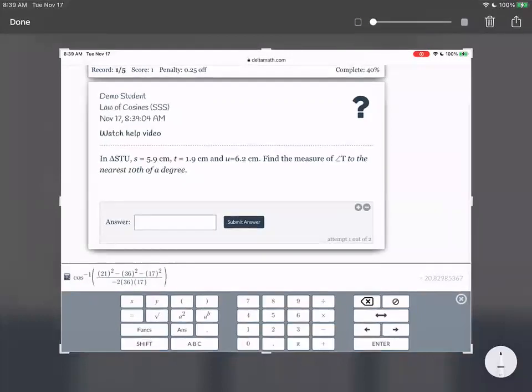Okay, so instead of rewriting that entire series of equations on the top this time, I'm just going to write the final equation that we would use. So C is equal to cosine inverse of little c squared minus little a squared minus little b squared all over negative 2 little a little b. So the angle that we were looking for is C in this equation, and here's the equation that we are using. Then we have a triangle STU